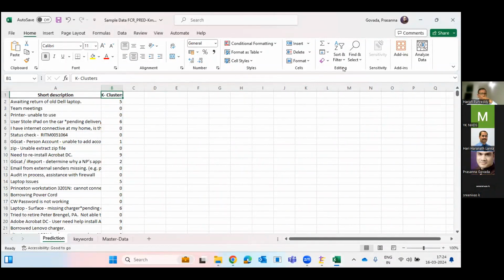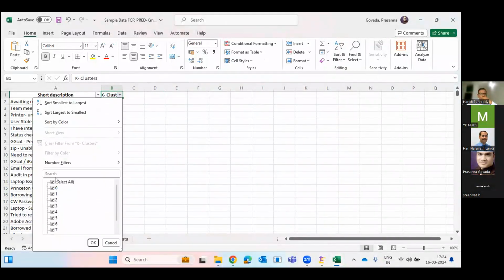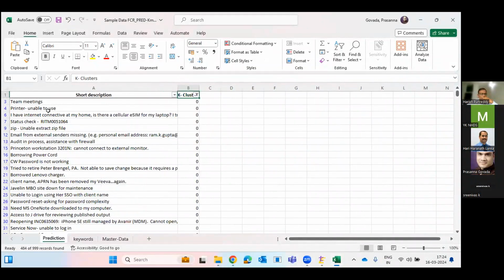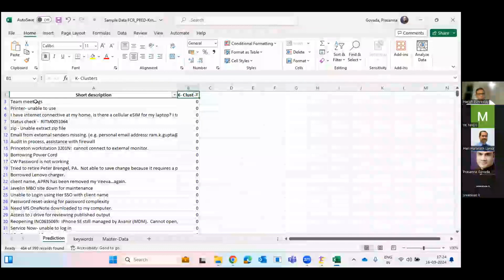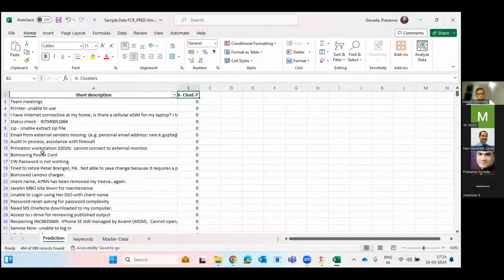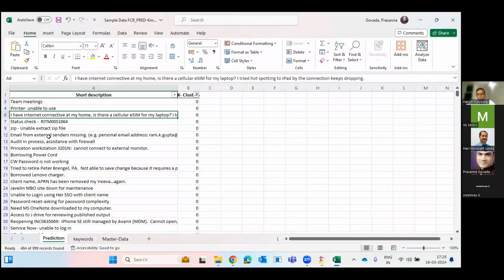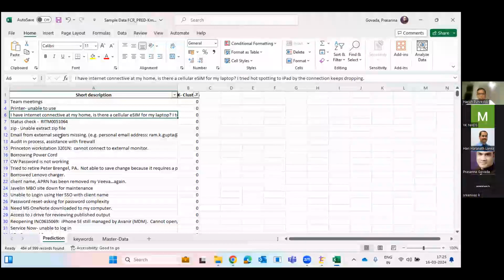Now, to make it more meaningful, I will filter the clusters here and say, remember the 0 cluster, which is in a negative area. So if I filter on zeros, the zeroth cluster, you would see all random kind of incidents getting clustered together. In one, there is a team meeting, in another one, printer use, I have internet connectivity at my home, and so forth.